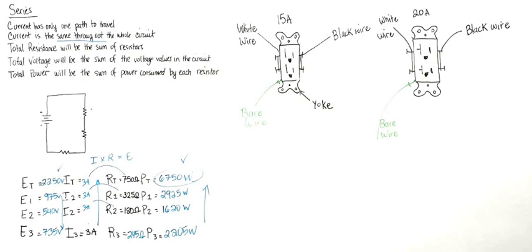Now, in order to be able to study a circuit, there should be something working in the circuit. For example, I cannot measure voltage if the circuit is not on. The voltage actually has to be flowing so that I can measure. The amps actually have to be flowing so that I can measure. So a load has to be on so that I can measure what is the amperage that's flowing and what is the voltage. So we have our voltage, our current, and our resistance, and we have our power. And in order to measure it, we use